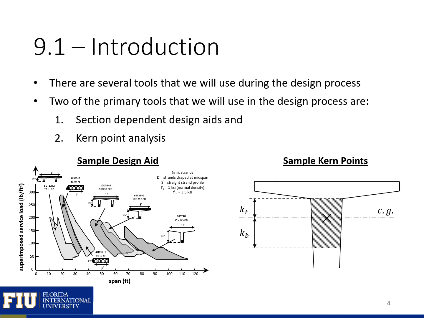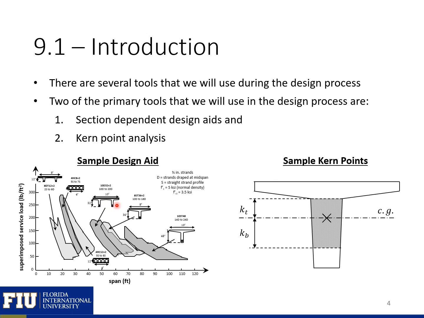There are several design tools that we're going to use in the design process. Two of the primary ones are design aids. These design aids typically tell us cross sections that we can start with based on our span length and our loading. This design aid's from Collins and Mitchell, and you can see we can come in and say, well, what's our span length and our given loading, and then determine a cross section that we would start with